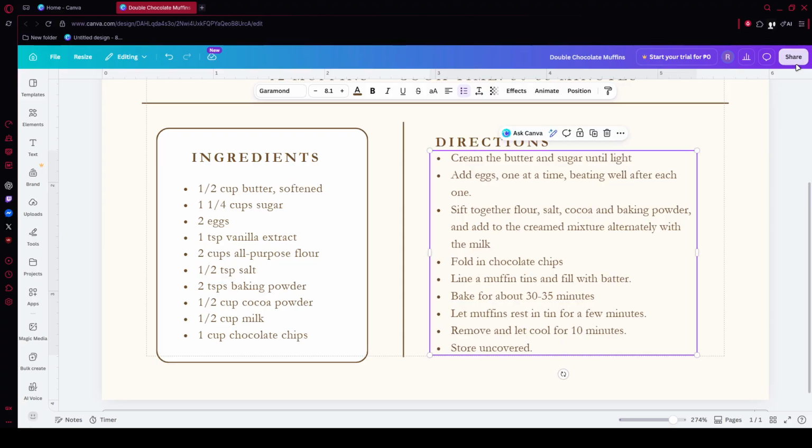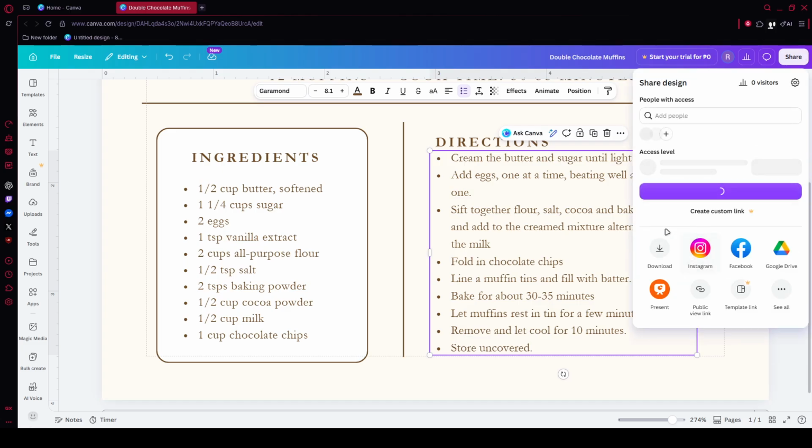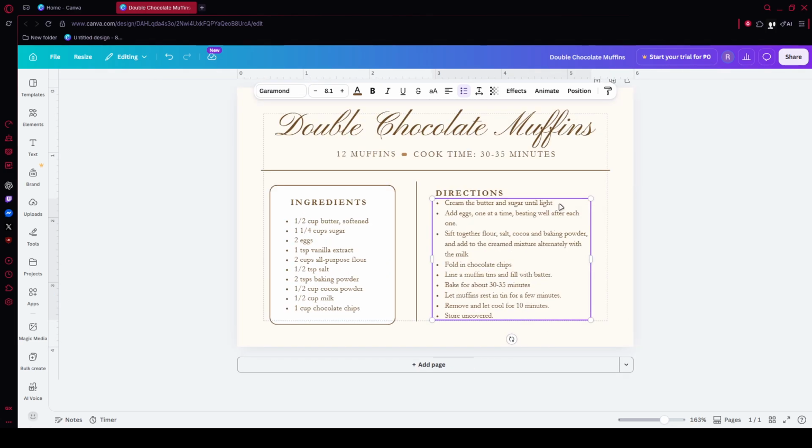When everything looks right, go to the top right corner, click Share, then choose Download. Pick PNG for digital use or PDF print if you're preparing something for printing, then click Download. And that's it. Your Canva text should now look much cleaner,